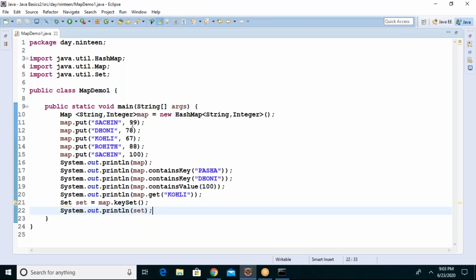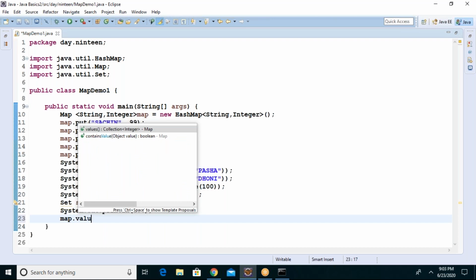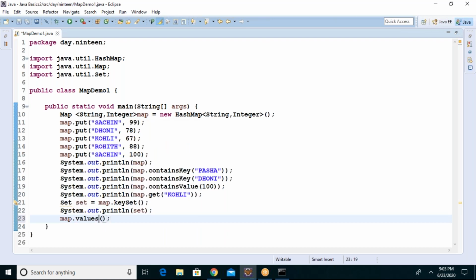Suppose I want to separate these values from the map. If I want to separate values, map dot values returns all the values in the form of the collection interface. Import.